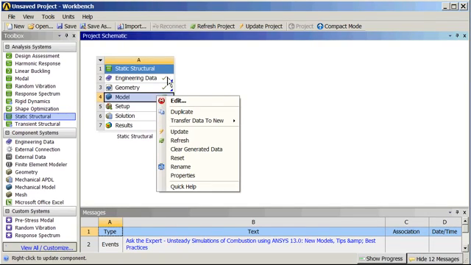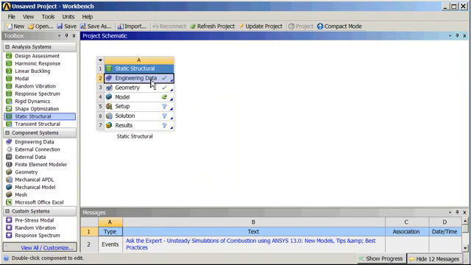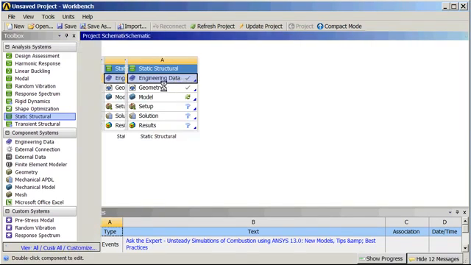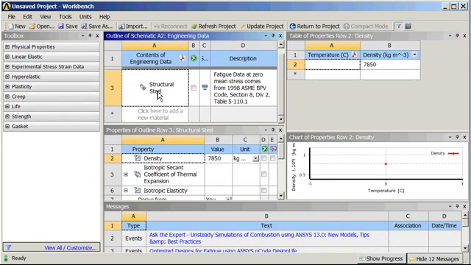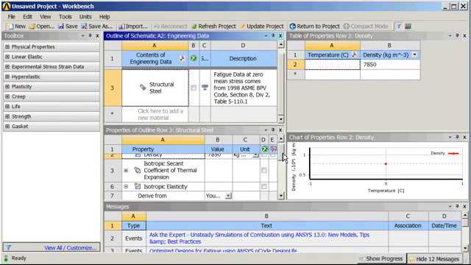Now, first maybe we'll check the engineering data. Right click on that and take a look at that. And what do we have? It's a structural steel material. We'll go down here and look at